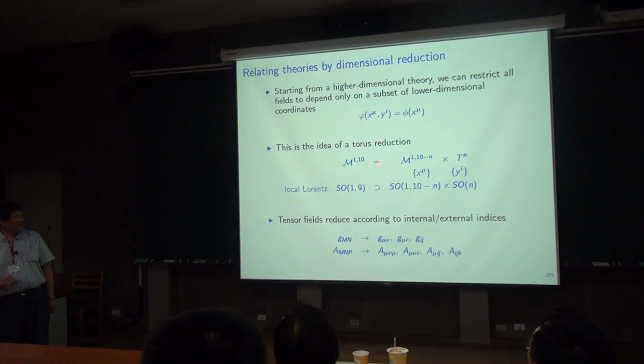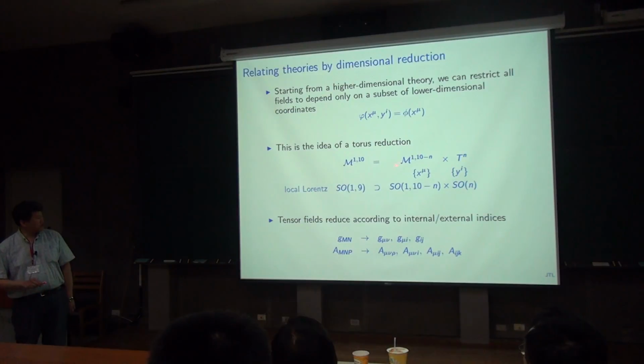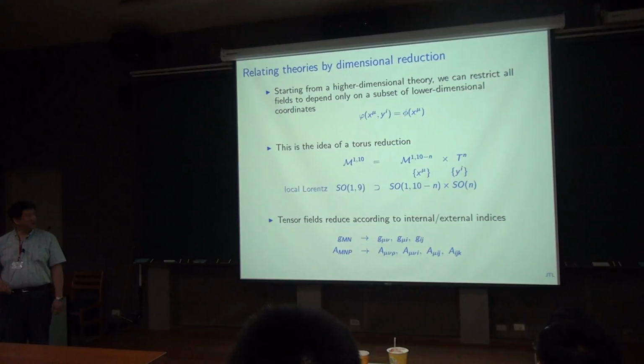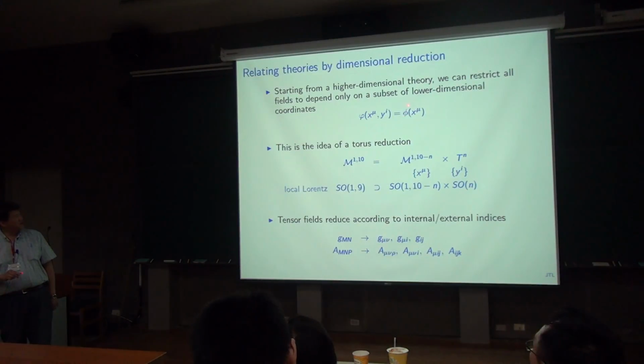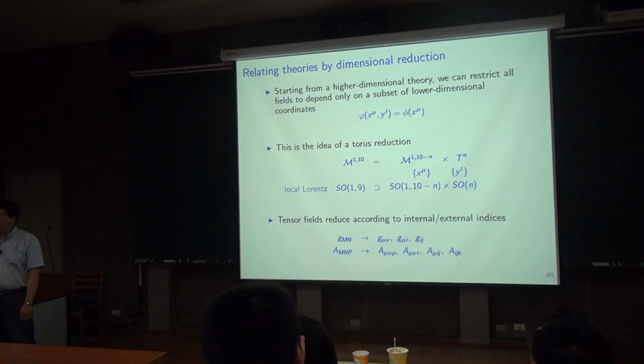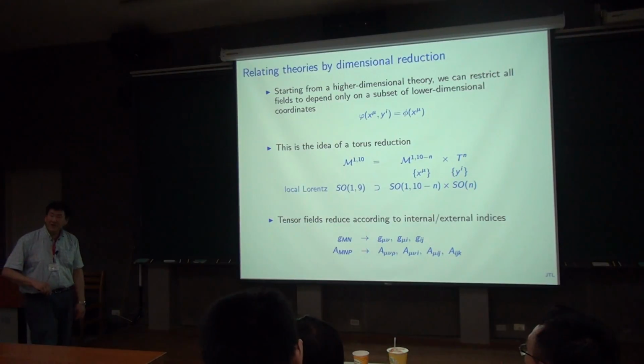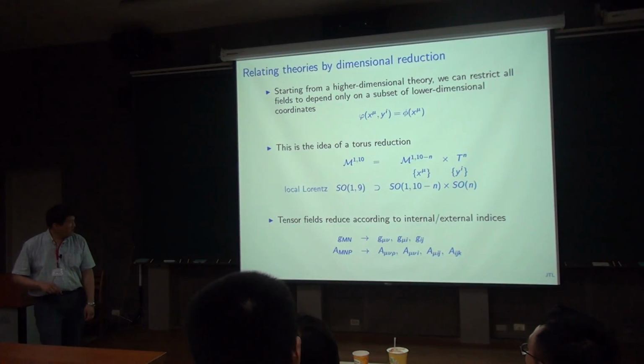So I have my 11-dimensional space-time over here. I break it up into 11 minus n dimensions times an n-torus over here, with my lower dimensional coordinates x mu, my torus coordinates y i. So I make all my fields independent of the torus coordinates. That's very simple. The other thing I realize is if I have tensor fields as opposed to scalars, they carry